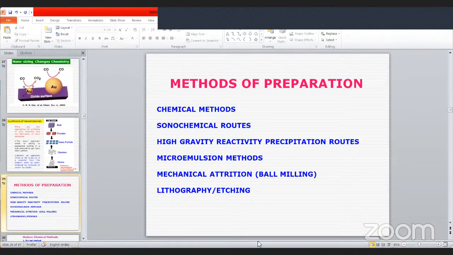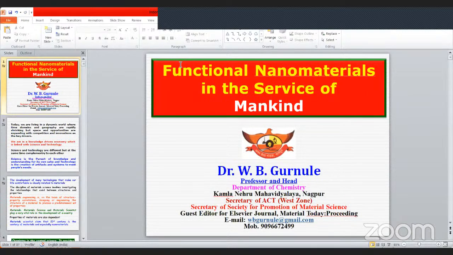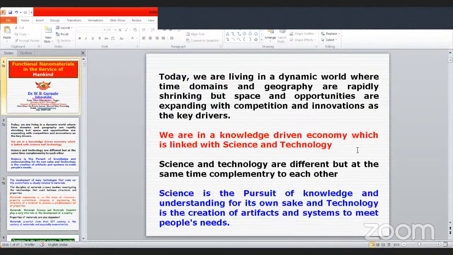And the next are the different methods of preparation of these nanomaterials, and some more modern methods are given here. And in the case of modern methods, out of all these methods,